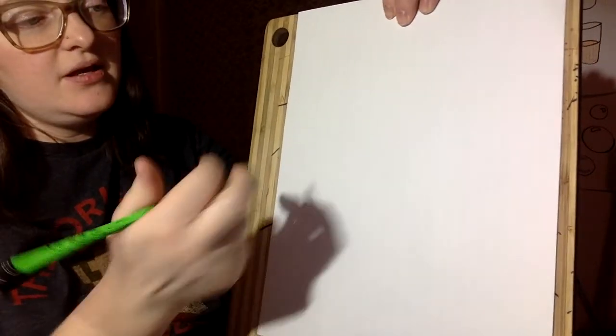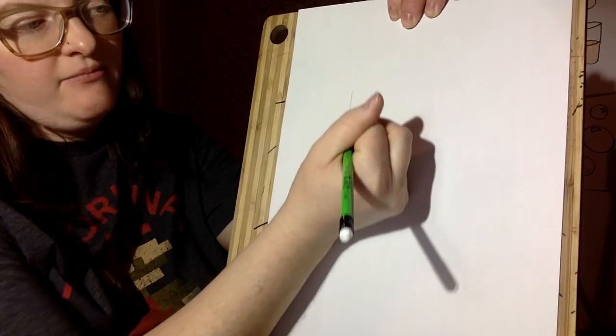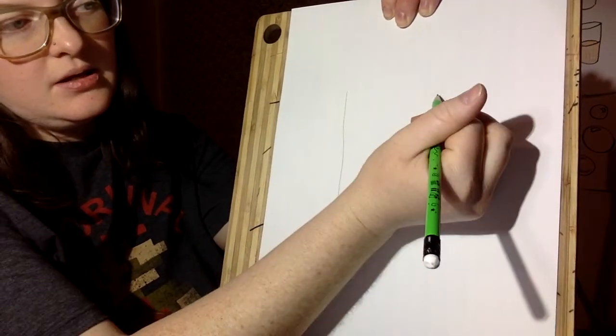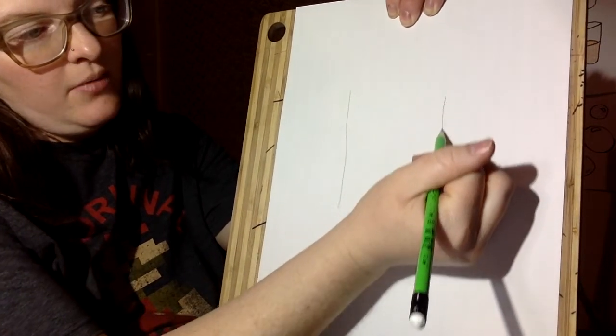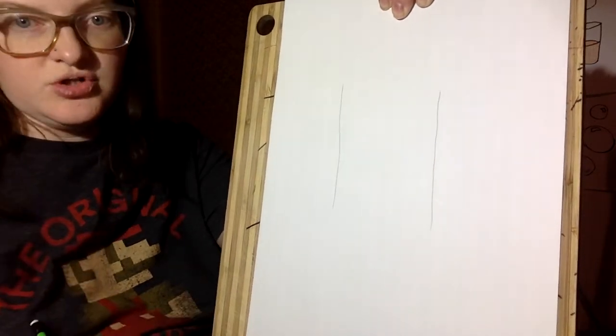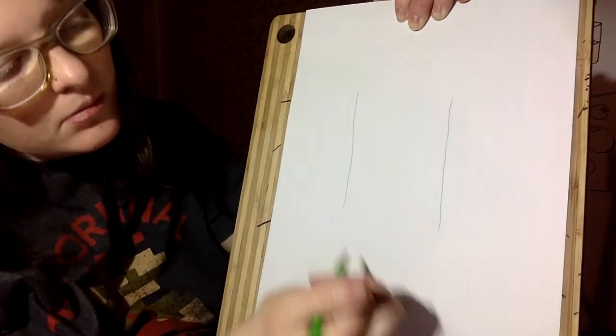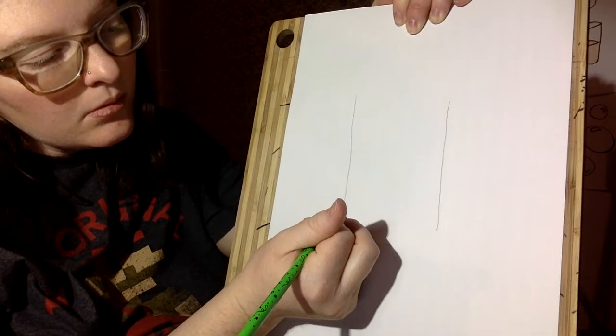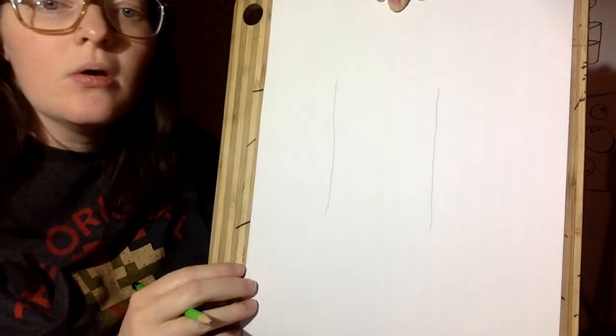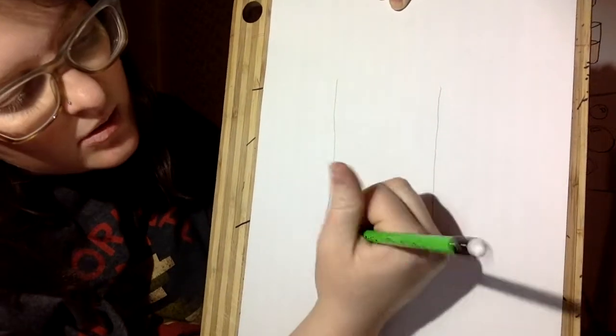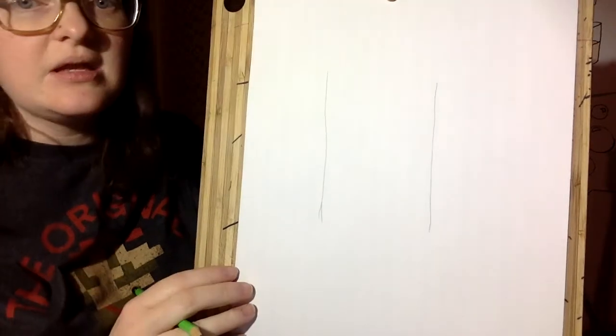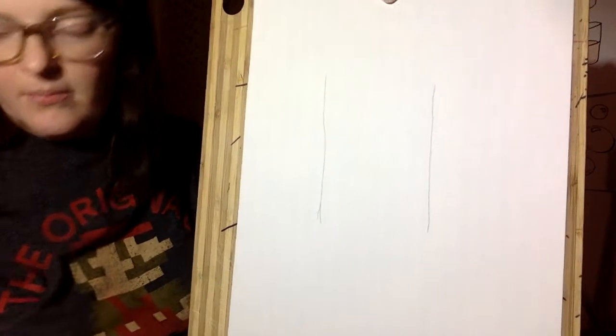So for that vase, I have the beginnings of my rectangular shape. It's always weird doing this sideways. The beginnings of my rectangular shape, but